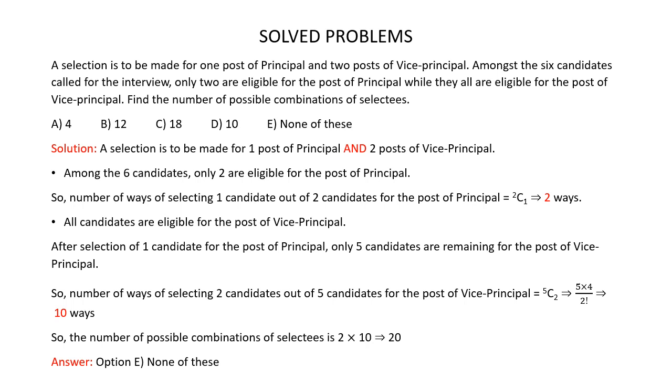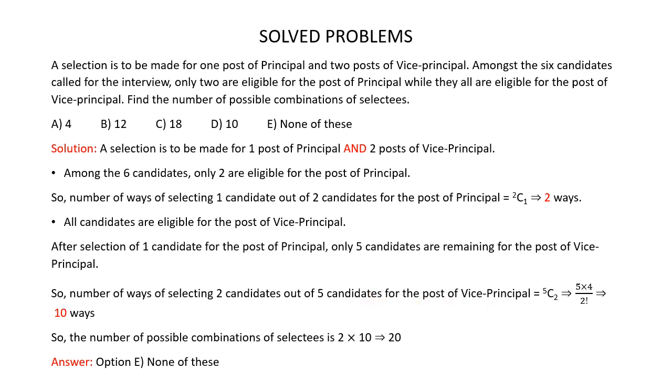Now there are 2 posts of vice principal. Now after the selection of one candidate for the post of principal, only 5 candidates are remaining for the post of vice principal. So the number of ways of selecting 2 candidates out of these 5 candidates for the post of vice principal